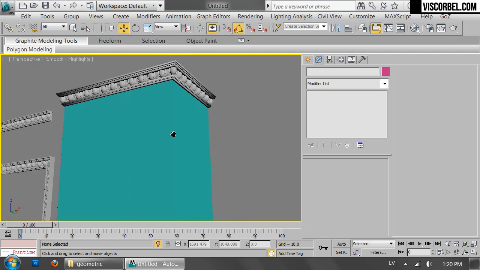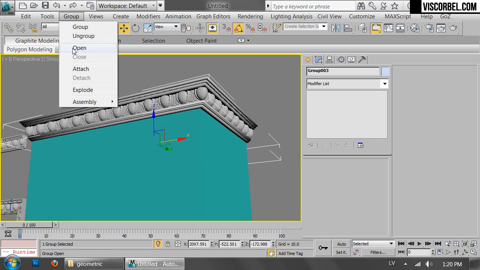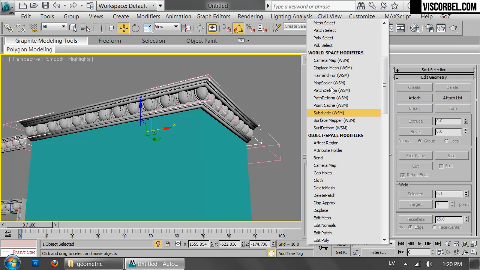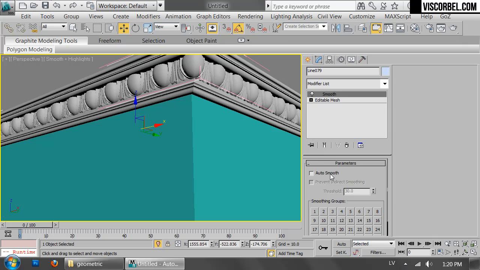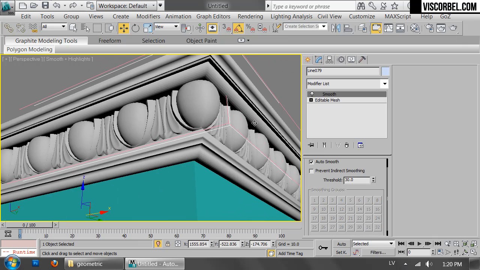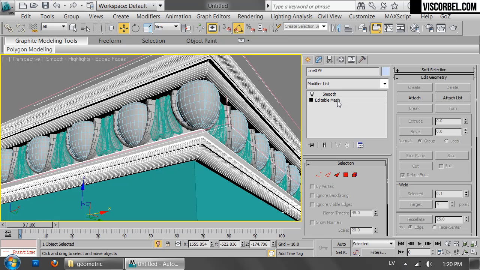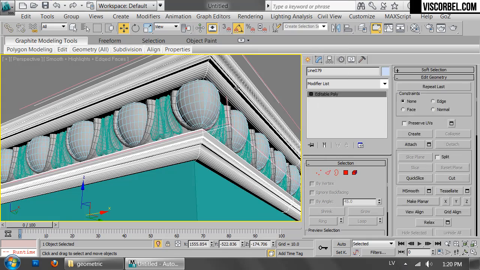And in some cases you get these weird smoothing issues on the profile. You can fix that by using a smooth modifier with auto smooth enabled. Or if that doesn't work, you can... Okay, let's collapse to editable poly and